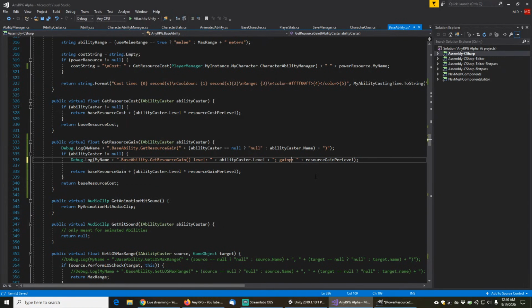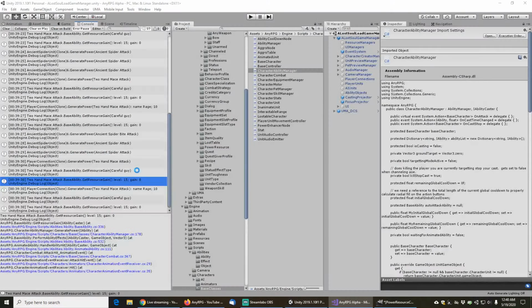Okay, yeah. And we don't care about that because we just want base resource gain. Why don't we actually put that there as well? Just so I'm not scaring myself with debug messages. Okay. Now,